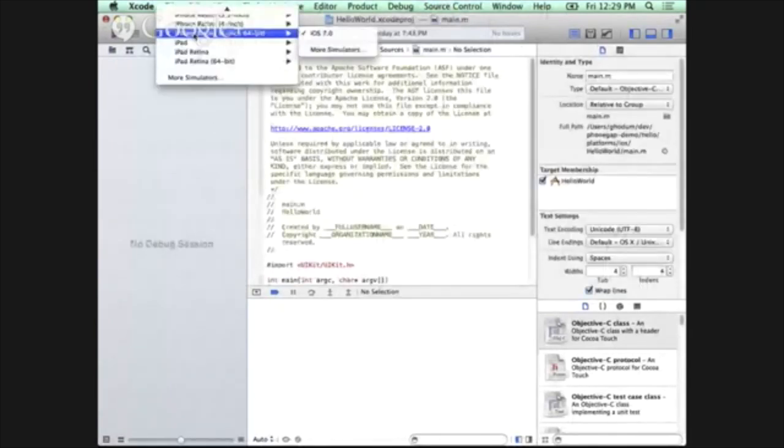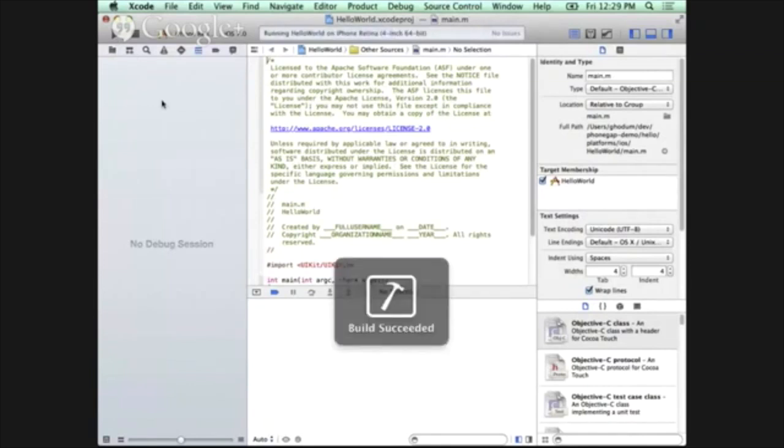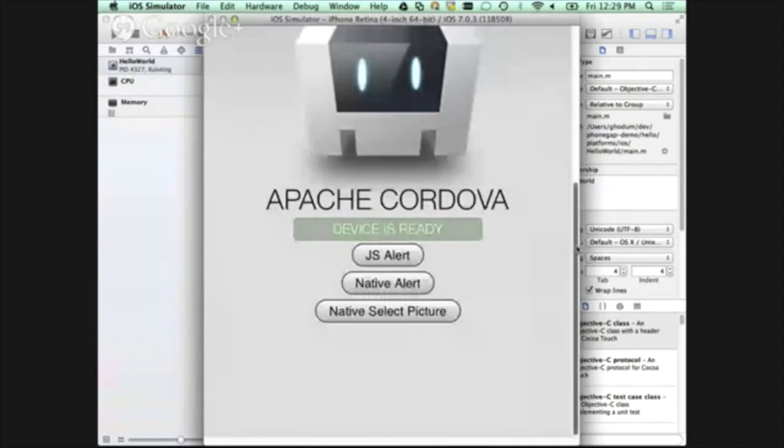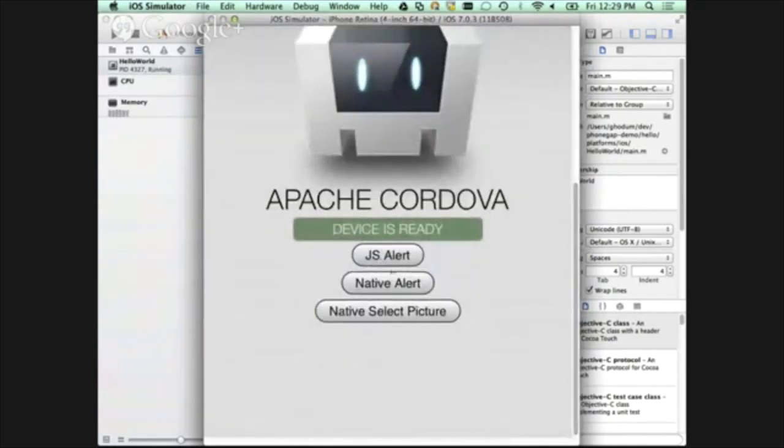Okay, so we're going to run this in an iPhone this time on iOS 7. So I'm going to kick off. Again, it just pushed the www folder assets out there and generated the source code. God, that's so big still. So here's the iPhone emulator now, and here's my 3 buttons. So the first one, if I click on it,